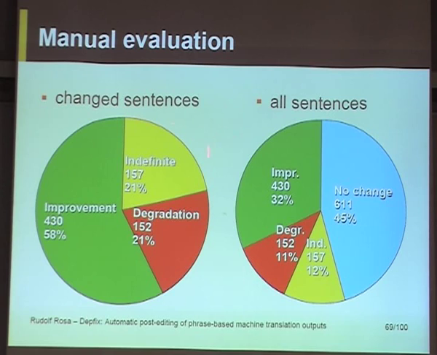And then there are some cases where simply the annotators weren't able to decide whether the change was for better or for worse. Maybe because it was wrong, and after the correction it was still wrong, but in a different way. Or it can happen that DEPFIX changes two things in a sentence. It improves one, but it worsens the second one, so then you cannot really evaluate if it improved the sentence. Cases like that.